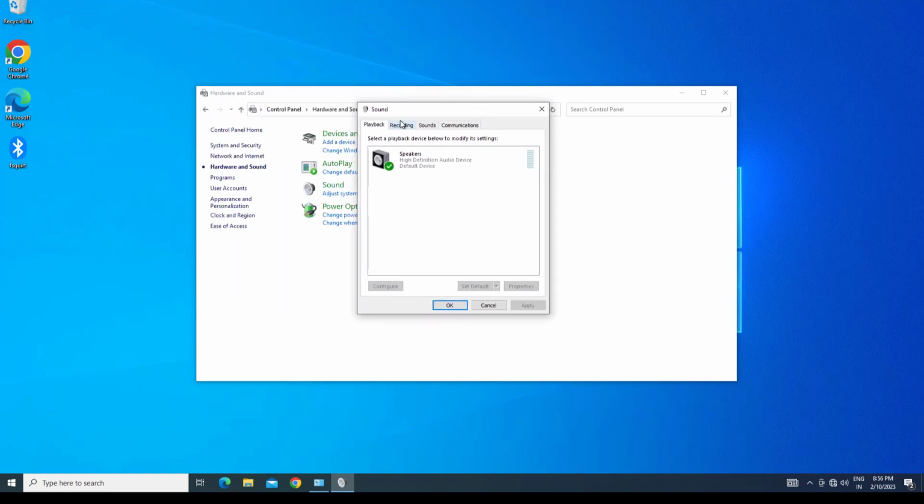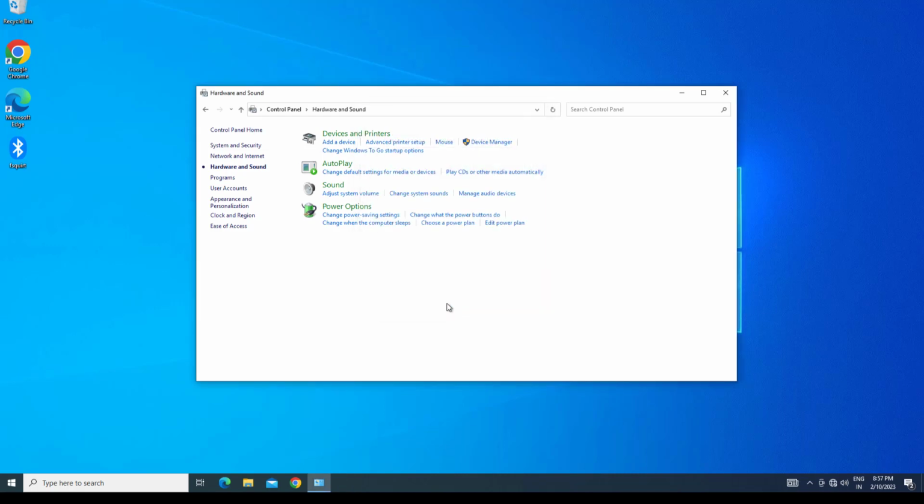Open Recording tab. Select your microphone. Set as default. Click on Apply and OK. If that didn't work,